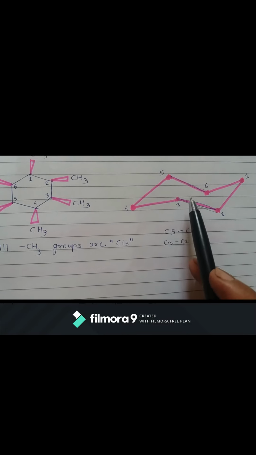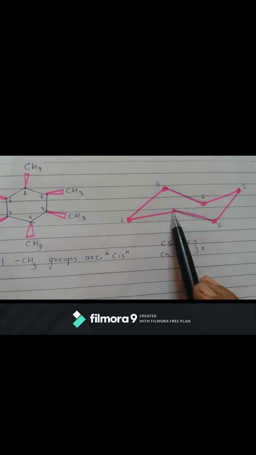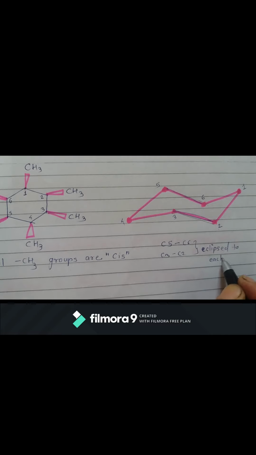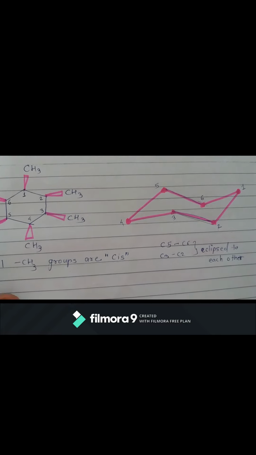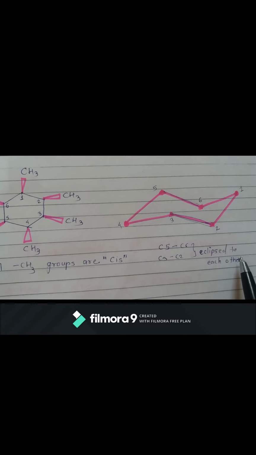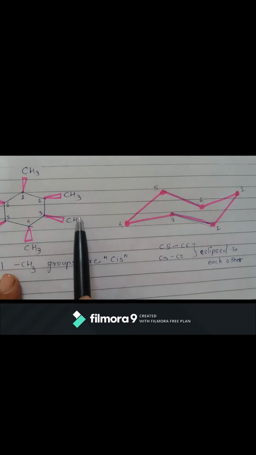So the bonds C5-C6 and C2-C3 are eclipsing each other. They are eclipsed to each other, that means they are just back to each other. So these two bonds are eclipsed to each other. And now we will try to draw all the methyl groups which are present above the plane of the paper